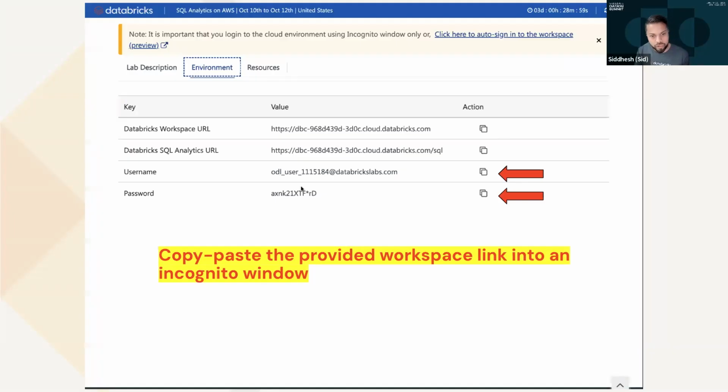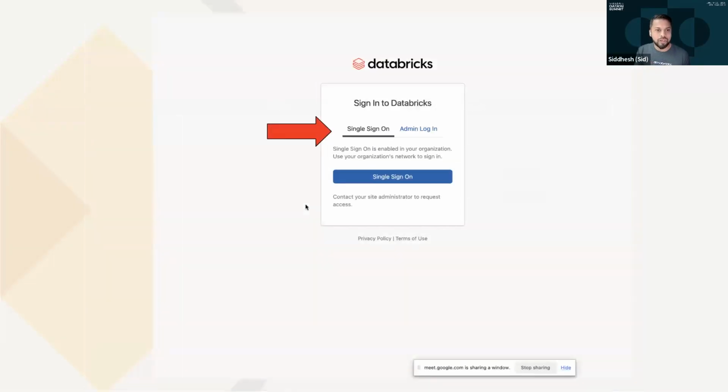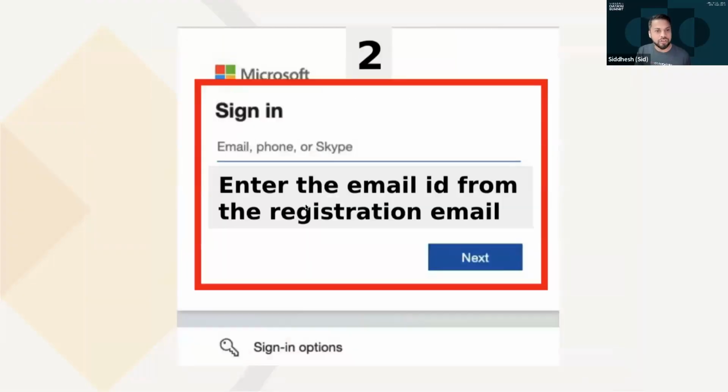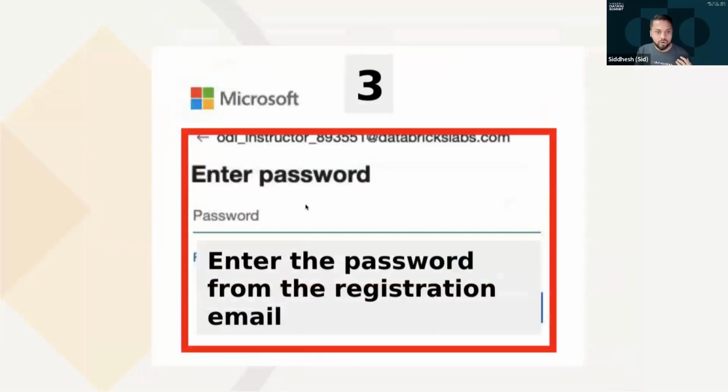So copy paste the provided workspace link here, and then use your username and password shared onto the screen. And once you click on the link, it will go into this specific page, which talks about Databricks sign on. You can click on single sign on, enter your email ID from the registration email, add the password which you got from the registration email. And once you have all those details, you should be able to get into the lab and get started.